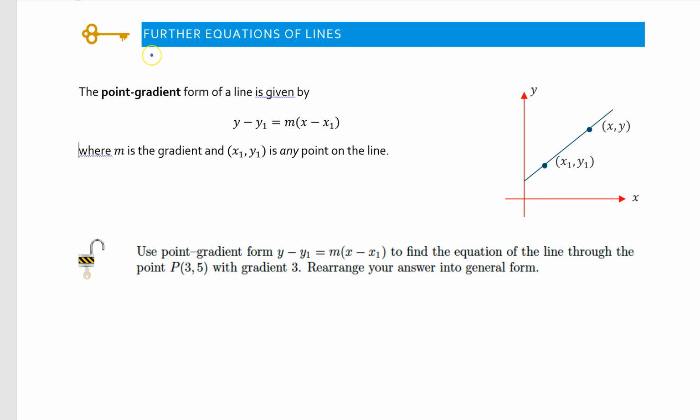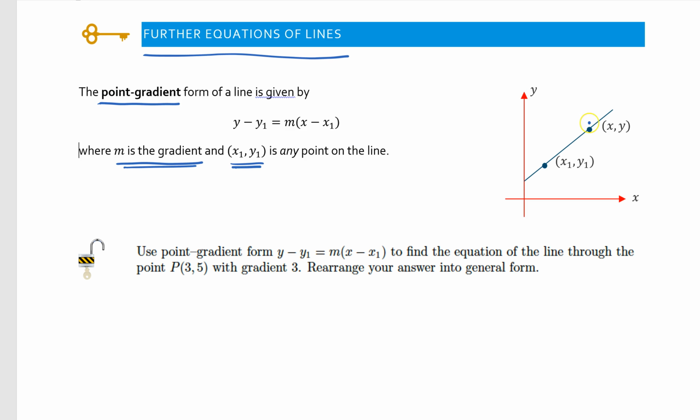Hello mathematicians, we're going to have a look at some more equations of lines, and in fact probably the one that you will go to most often, and that is the point gradient formula for a line. Not so much because it's the way to write a formula, but it's the way to derive a formula. So if we know, for example, the gradient of a line, so we're told the gradient, and we know one point that it passes through, then if I just drew the line up, marked a point, and just imagine some